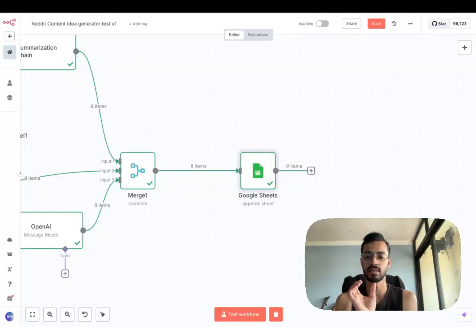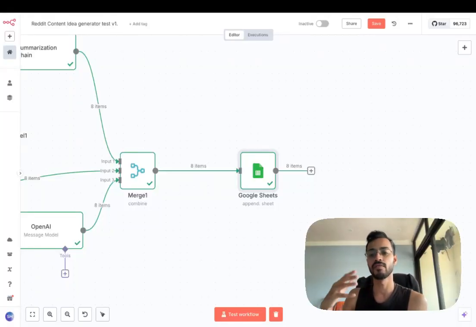So this is like a big chunk of how you can find content ideas using Reddit, and then you can take it a step further and have another agent or another workflow coming in that can write this content all on its own, and then just send it to the CMS of your choice, so the human can come in, make those final tweaks, changes, whatever, and then just take it from there.